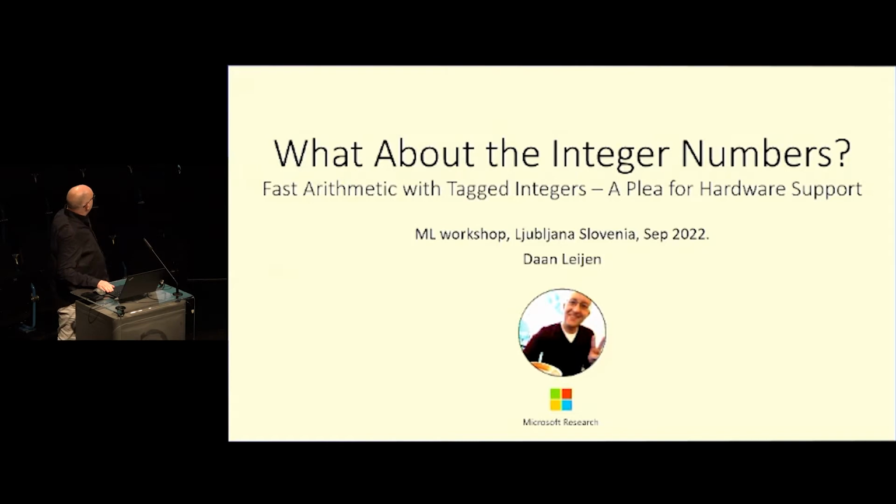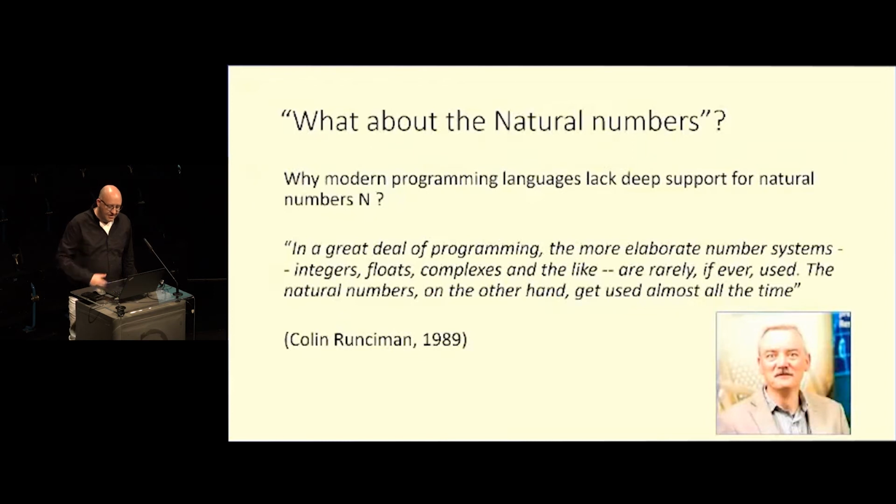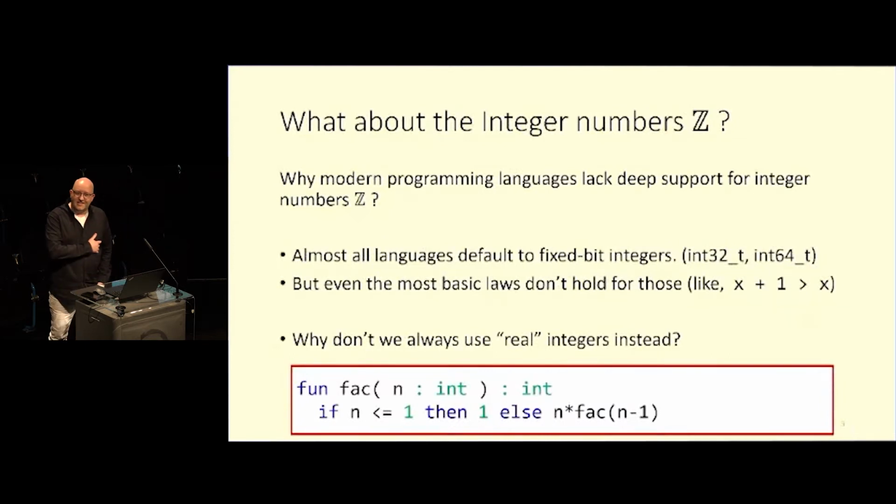So the talk is: what about the integer numbers? And it's really inspired by the title of a beautiful paper by Colin Runciman, What About the Natural Numbers? That is very elegant and high science work, so I encourage anyone to look at it. What he was asking in that paper, already in '89, was: why can't we program with natural numbers really well? Because that's a type we use all the time as computer science programmers. And I'm also asking this question nowadays: why can't I program really well with real integer numbers